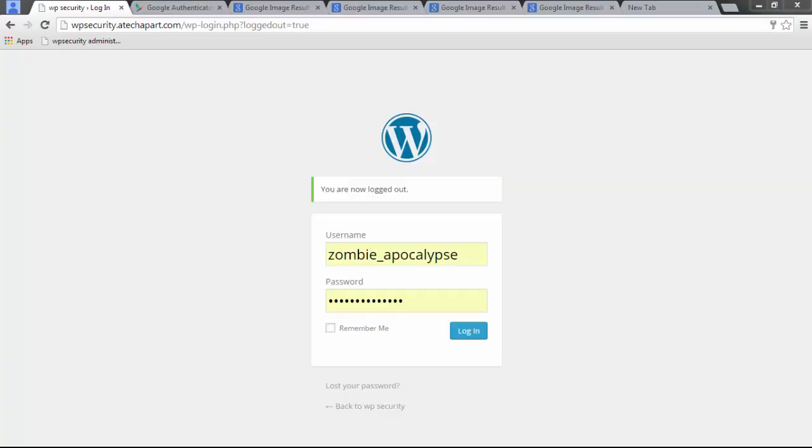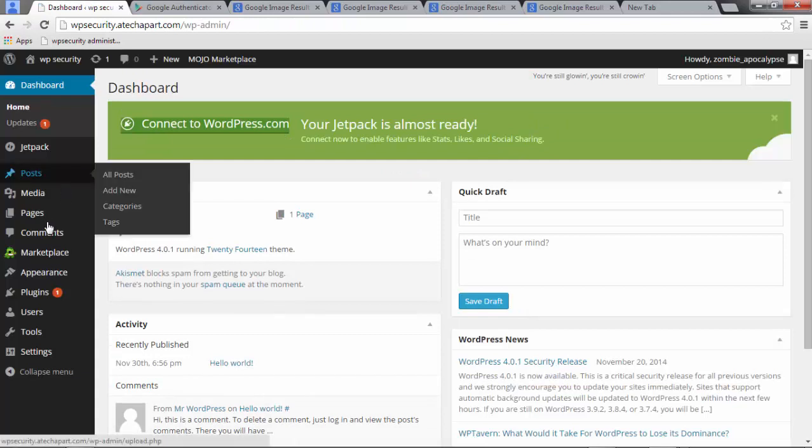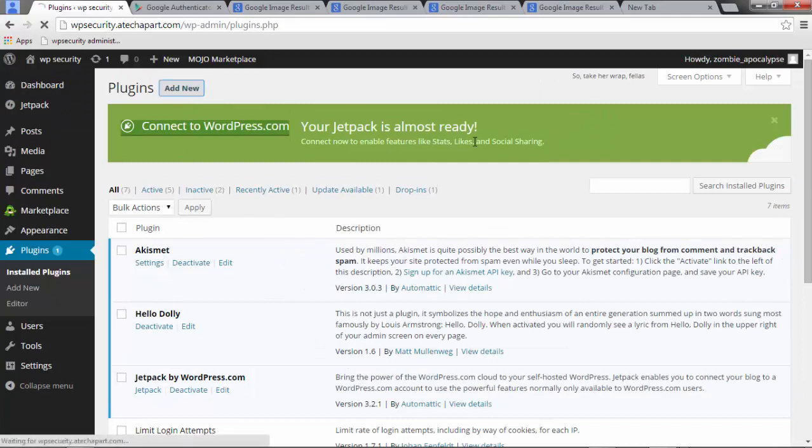I'm at the login for my WordPress site, and I want to add two-step verification to the login. I'm going to jump into the dashboard by logging in and go to plugins. I'm going to add new,